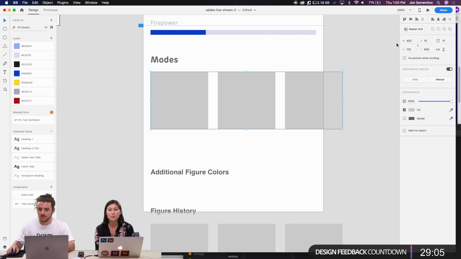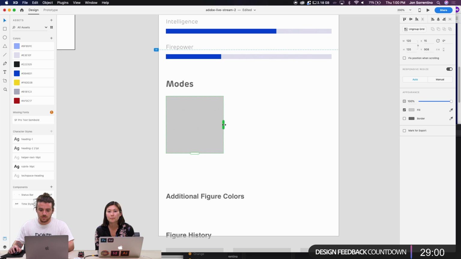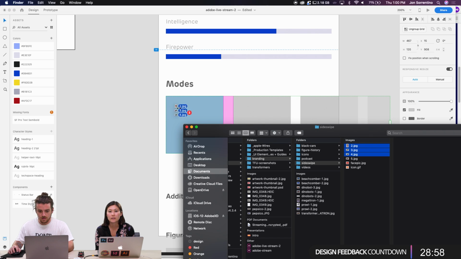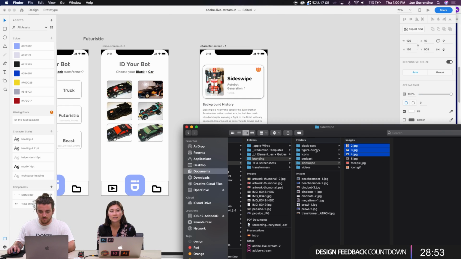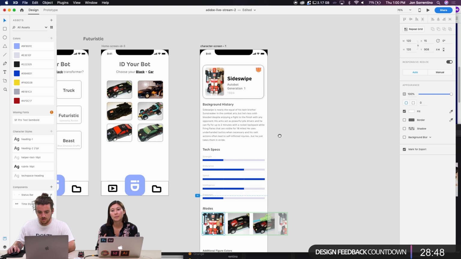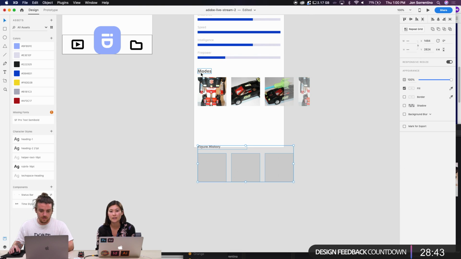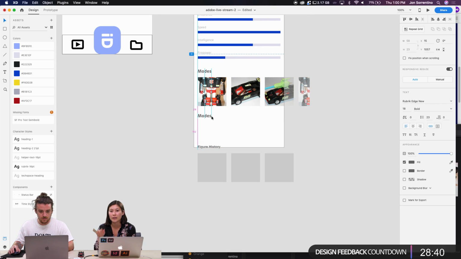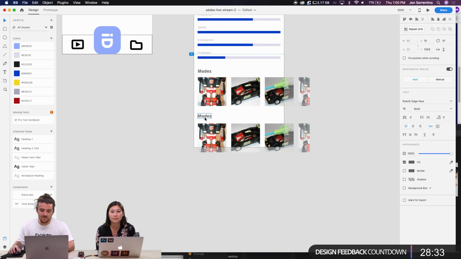Do I have to make this a repeat grid, right? If you're gonna drop them all in. So 1, 2, 3. Yay, awesome. So those are the different modes. But it's nice, so you can drop multiple images into a repeat grid and it'll lay it all out for you. And similarly with text edit files, if you have pieces of text in there and you drop it into repeat grid, then it'll put all of the text in there too. I did not know that about the text. I thought it was only images.